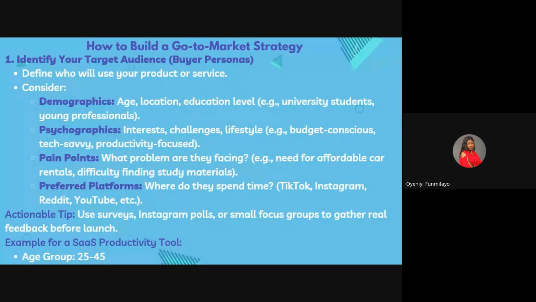Let's say you want to create a software product that, let's just give an instance, if you stay for 5 hours working, they'll pay you 1,000 naira. Just an instance.